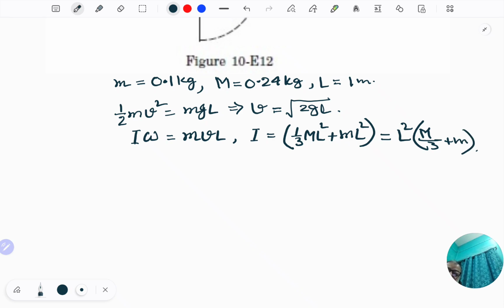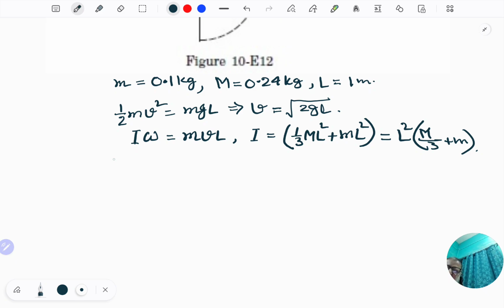Now this is the second equation that we had reduced, and the next equation, so far as the subsequent motion is concerned, and if we assume that the system rotates to the maximum angle theta, that is what is wanted, then after this collision onwards, the total mechanical energy is conserved. During collision, it is not conserved, but after the collision onwards, the whole system is moving under gravity, a conservative force, so total mechanical energy is conserved,